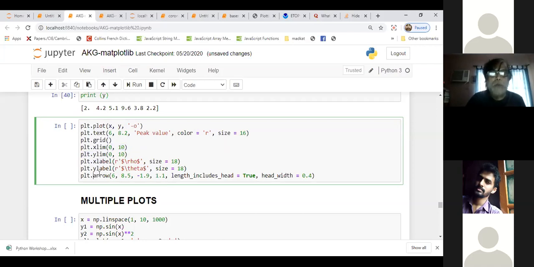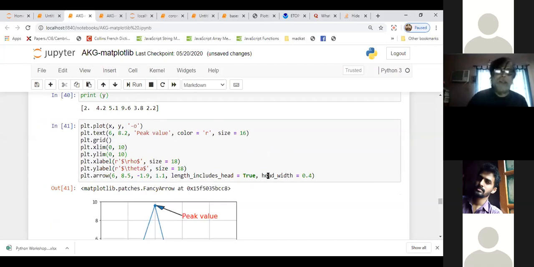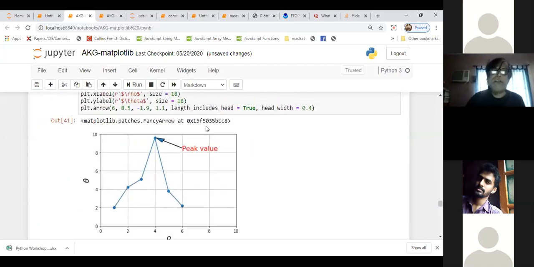We tried to show one arrow. Arrow is also a function. You can see everything by typing help. Arrow positions are the initial XY position and the final XY position. Length includes head. I tried to give you head width, everything. That way I decorated the plot. So this was the plot we created last time.